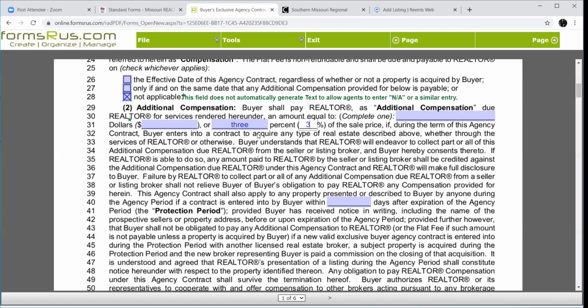and the bank on that particular deal is only offering you 2.5%, you've got to do one of 2 things. Either your buyer has to make up that additional 0.5%, or you need to come back and amend this agreement because this agreement states you're supposed to get 3. And if we only show you got 2.5 and your file gets audited, they're going to red flag that. I mean, it's not a big deal, but to make your paperwork accurate, you need to come back and change that.